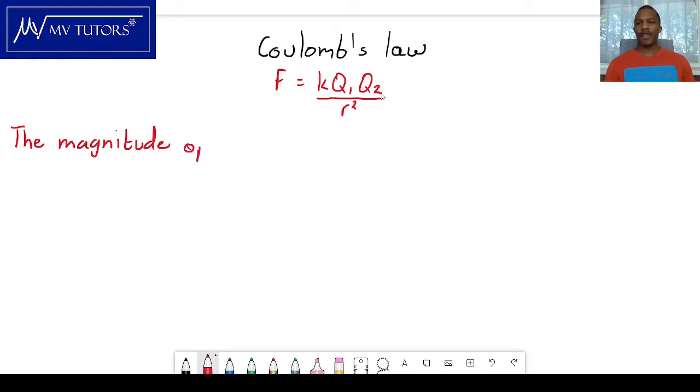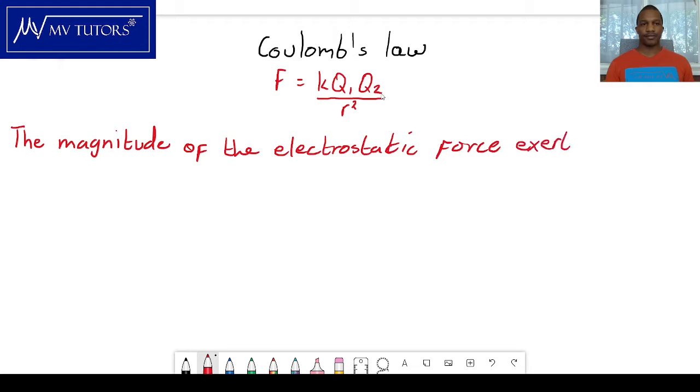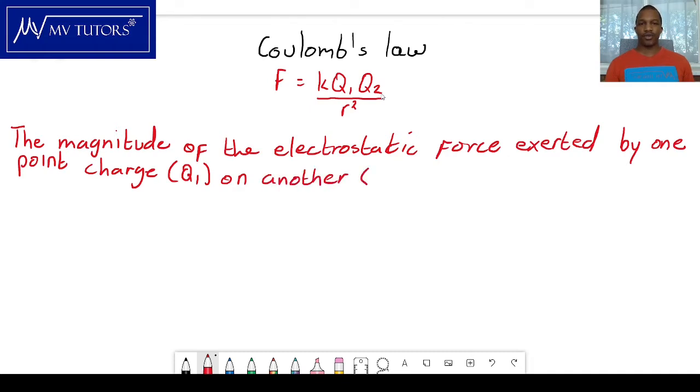The magnitude of the electrostatic force, the force exerted by one point charge, the point charge Q1, on another, the other one is Q2,